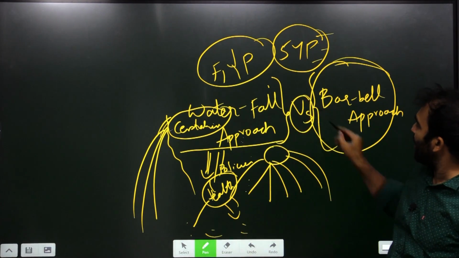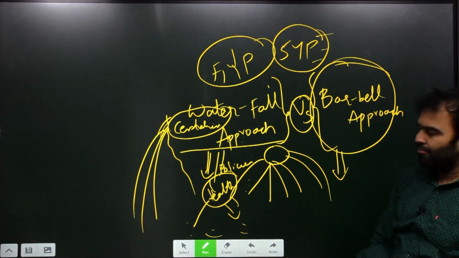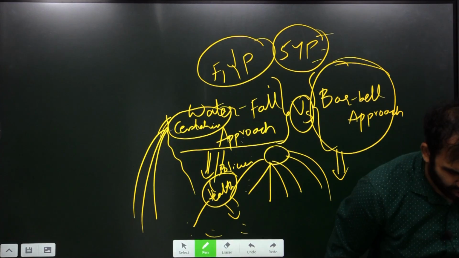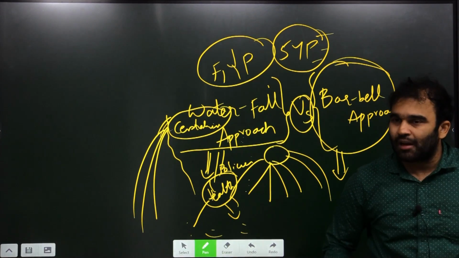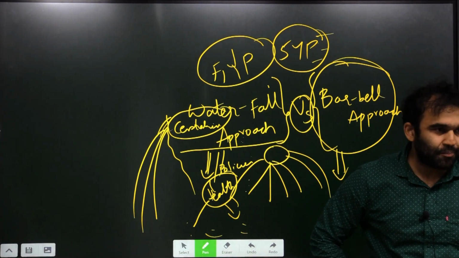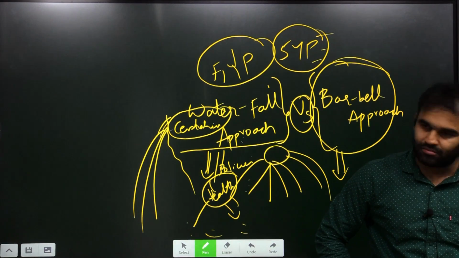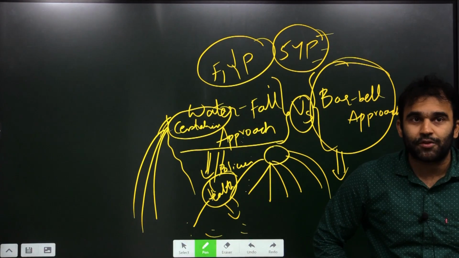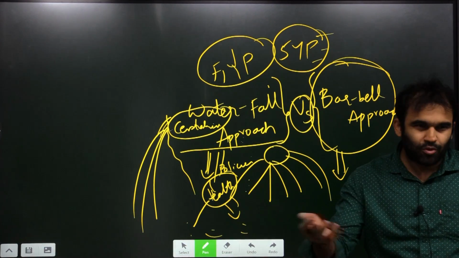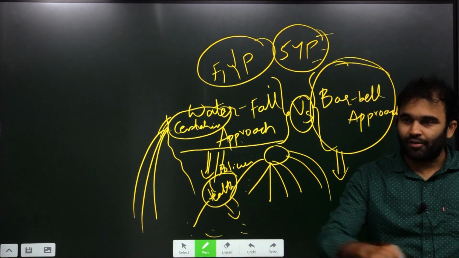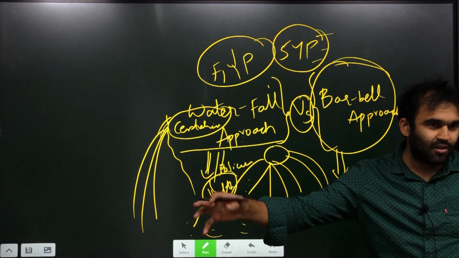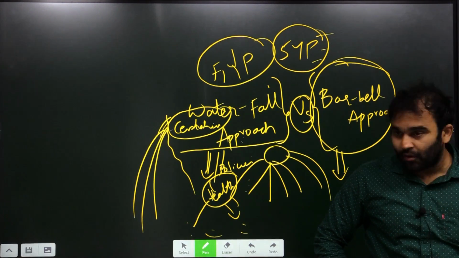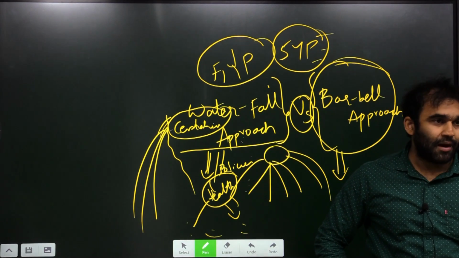Now comes the barbell approach. The idea is that the barbell approach is actually a pure investment model. I'll tell you the original financial model which talks about the barbell approach. Most of you know a barbell, right? Barbell is what? You have a rod, then there will be 2 weights on either side of the bar, and both of them will be of equal weight. That's the idea of a barbell.